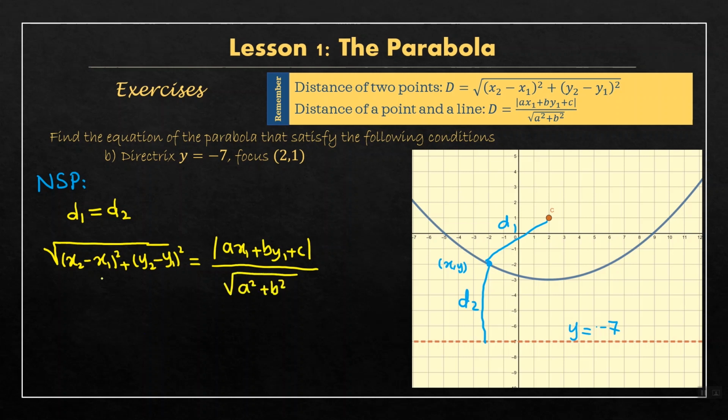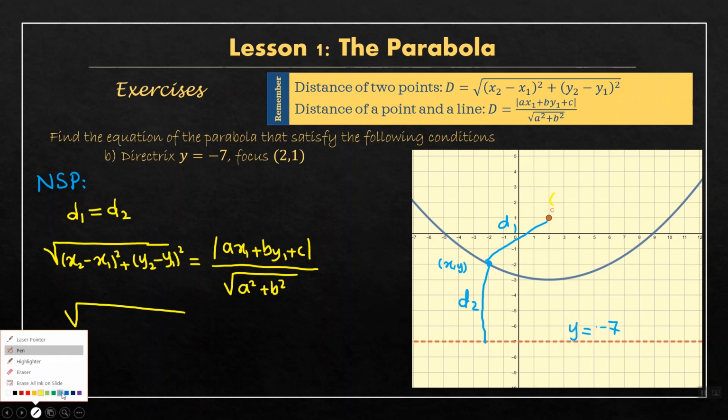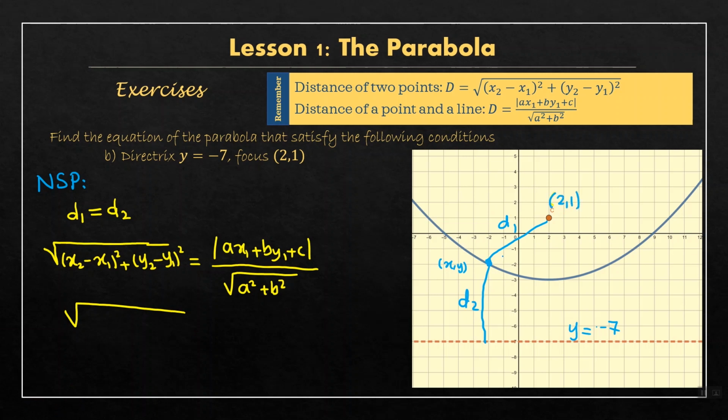Okay, so here, what I'm going to do is substitute. This point is the focus, and the focus is (2, 1). This point is the point that we want to find the distance to, which is (x, y). So I'm going to do x minus 2 or 2 minus x. It doesn't really matter, but I prefer x minus 2. So I'm going to start from the point below. So it is (x minus 2) all squared plus (y minus 1) all squared equals,